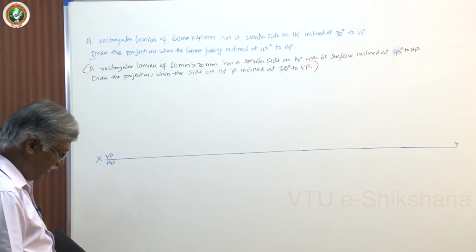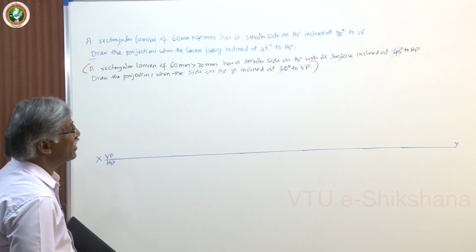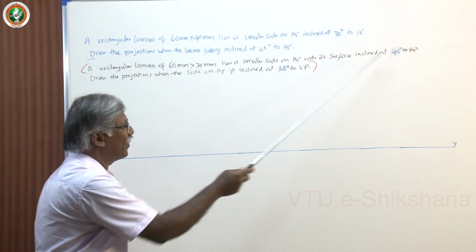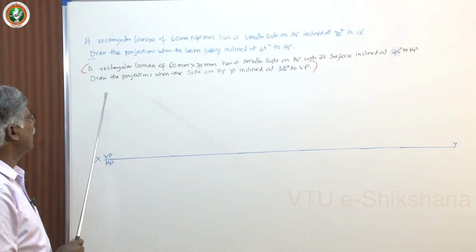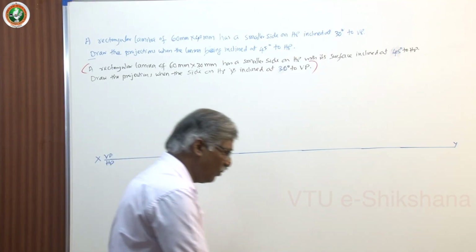The lamina has a smaller side on HP, with its surface inclined at 45 degrees to HP. Draw the projections when the side on HP is inclined at 45 degrees to VP. Now let us